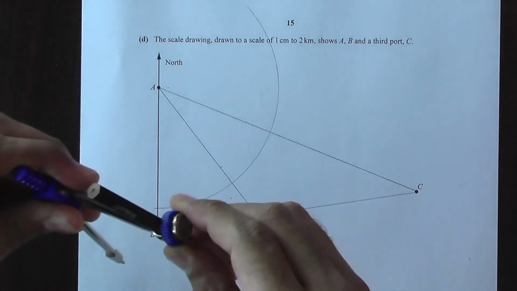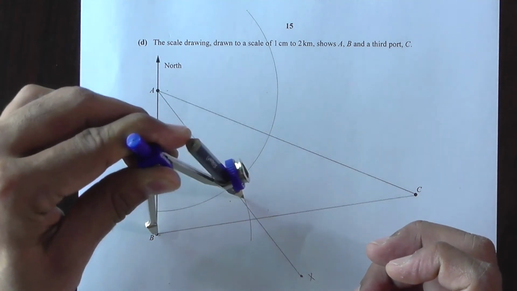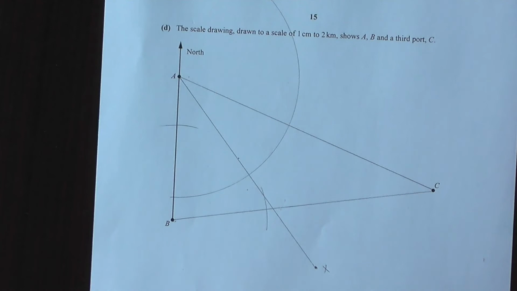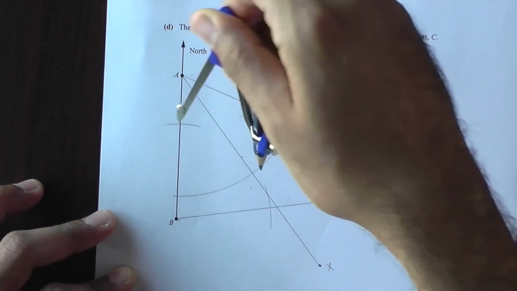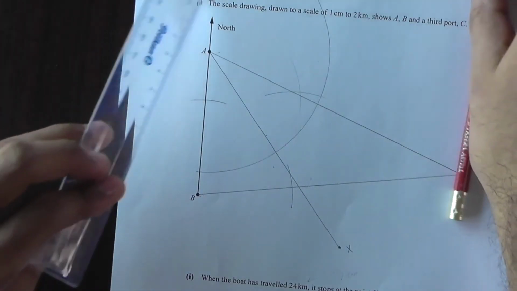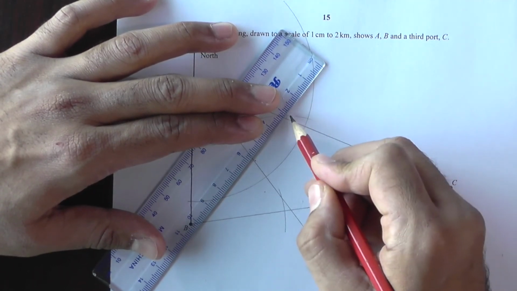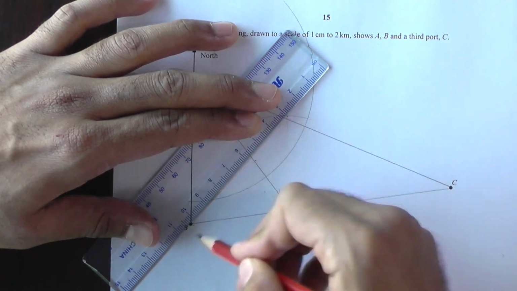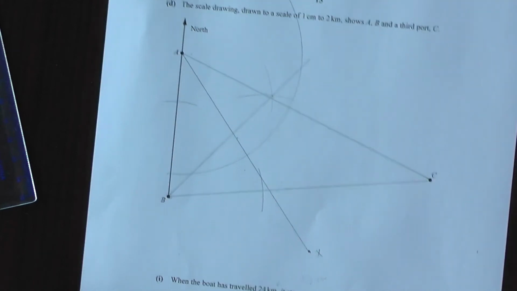First of all, in order to construct the angle bisector, we open our compass up to this point, maybe like this, and then maybe like this. And then what we do is we put our compass over here, draw a line like this, and then put our compass over here, draw another line like this. And then since we have this arc right here, we construct a straight line that goes through B and this point, which is like this. So nearer to BC,